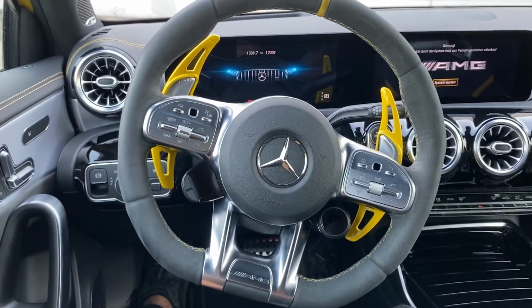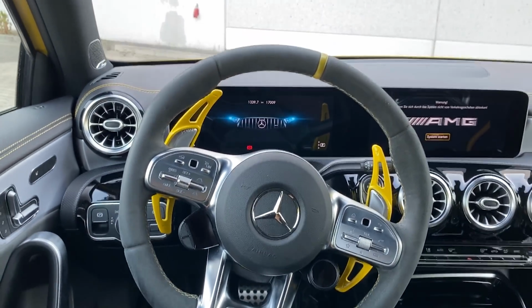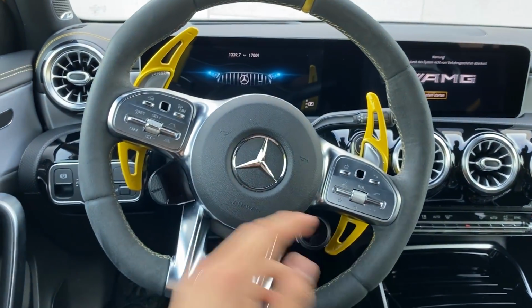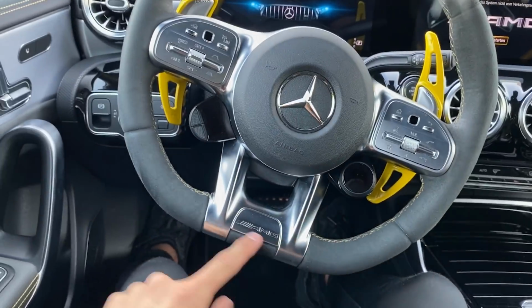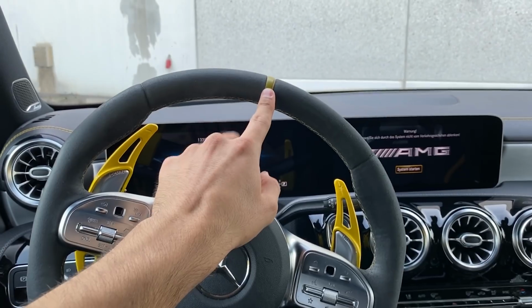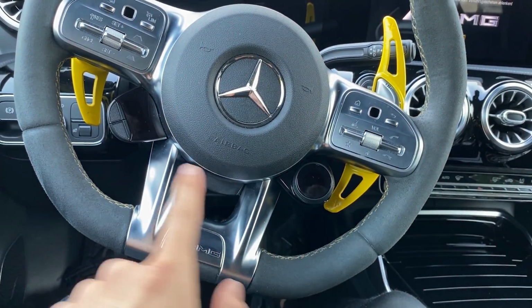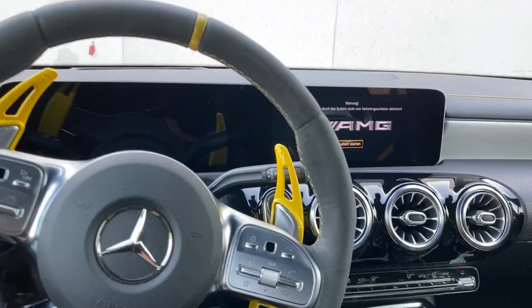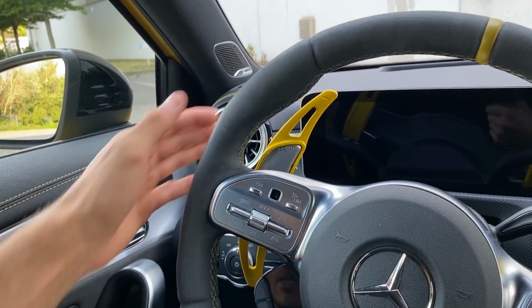As you know, we have the AMG steering wheel, not the latest one, but the AMG steering wheel here, finished in Dinamica. We also know it from Alcantara, with the yellow stitching all over the steering wheel, also with the 12 o'clock detail, as well as the steering wheel buttons. The steering wheel frame is finished in stock color, and we have the additional shift pedal extensions made for me